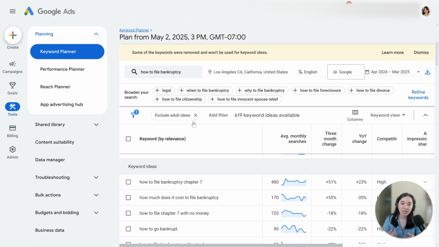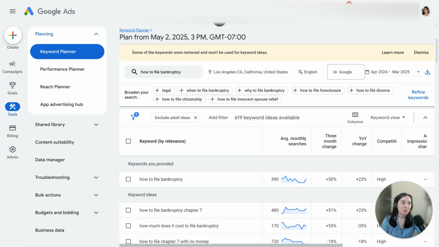Because that type of intent is going to be more research-based, and what I would want you to target and prioritize and put most of your ad budget towards would be the highest intent type of searches. So think of searches potentially like purchasing intent, hiring intent, potentially free consultation intent, buying, booking, calling,